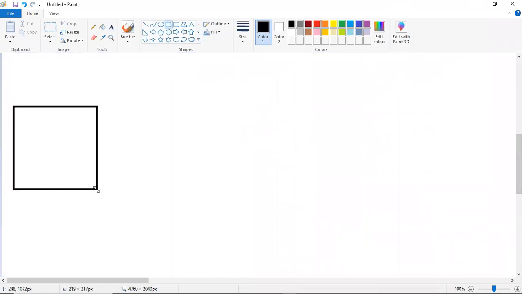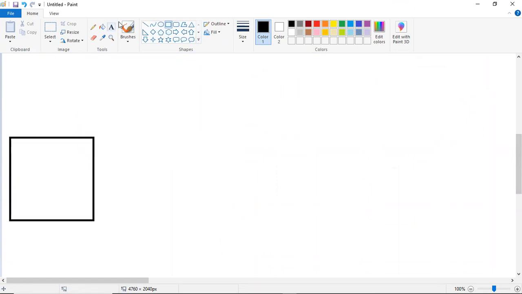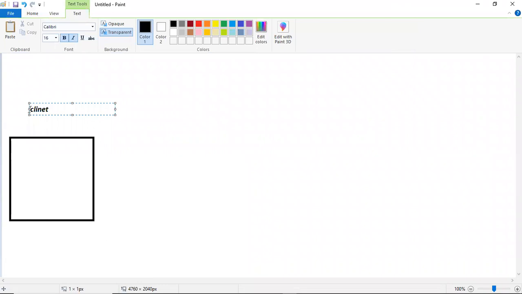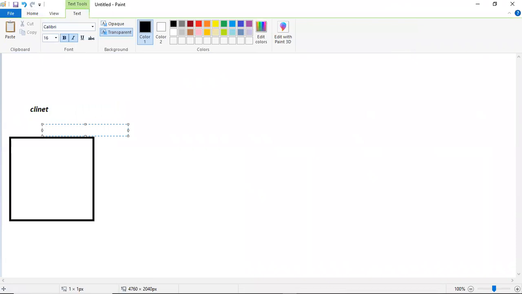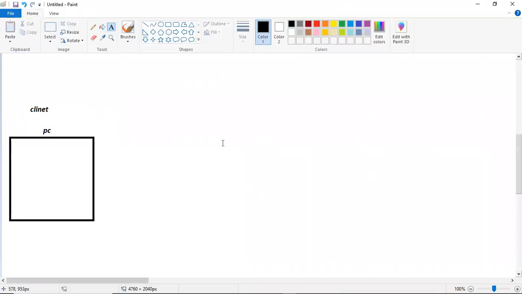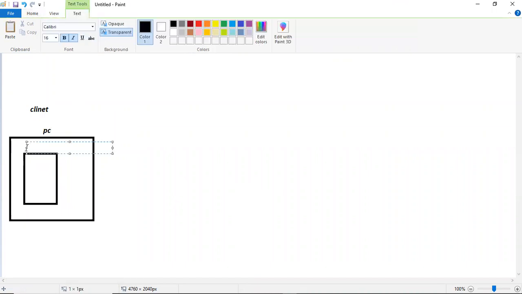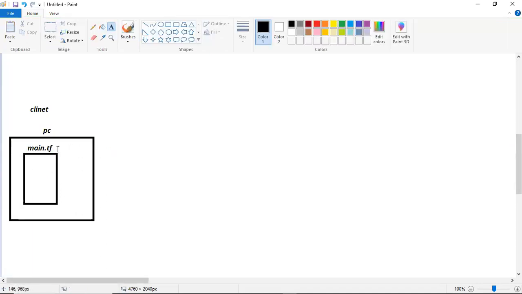This is my client machine, like a Kubernetes, or like in Ansible, we have a client machine. Which is my PC here, my personal laptop. In my laptop, I will have the code, which is the Terraform code. We can also say manifest file, main.tf. We can say this one is a manifest. Main.tf means Terraform file.